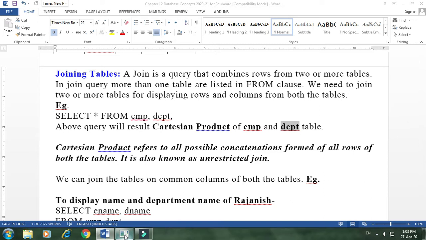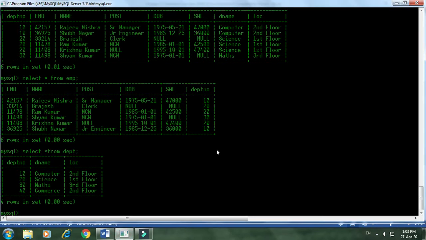If you want to see an example, let's learn the same way here. I have two tables. One is the employee table, the EMP table, with these many columns, and the other is the department table, SELECT * FROM DPT, which we have already taken. The EMP table has columns like employee number, name, post, date of birth, salary, and department, and the second table has department number, department name, and location. You can see that in both tables one column is common.